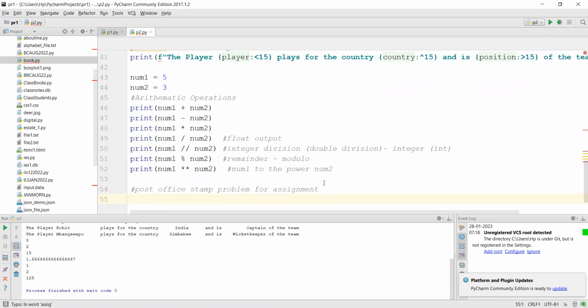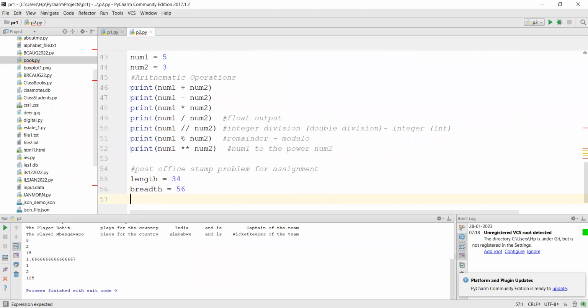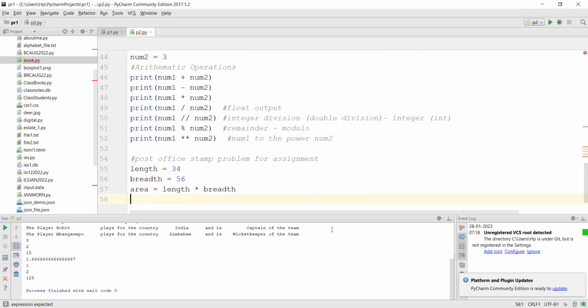Right, we can do a couple of examples here. Let's say you want to find the area and perimeter of a rectangle. You will say length equal to, let's say, 34, and breadth equal to, let's say, 56. Area equal to length into breadth, perimeter equal to 2 times